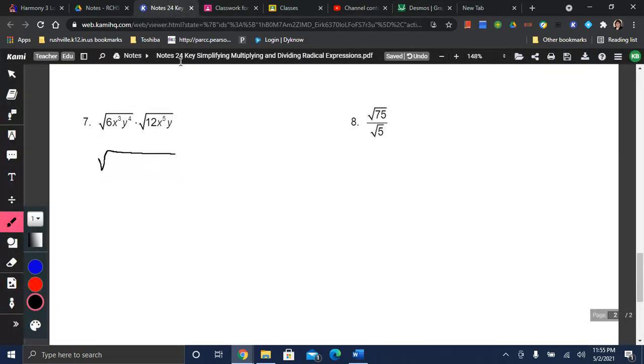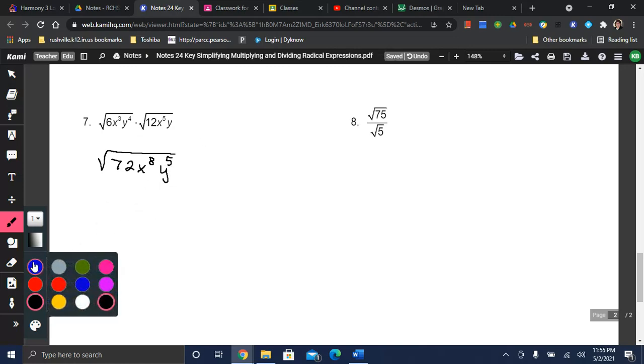And then remember that for the x's, we add your exponents 3 and 5. That makes x to the 8th, and then y, 4 and 1, which would add up to y to the 5th. Now we'll take that 72